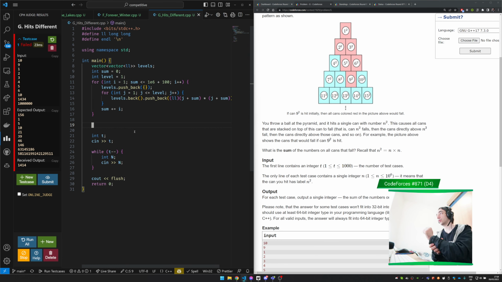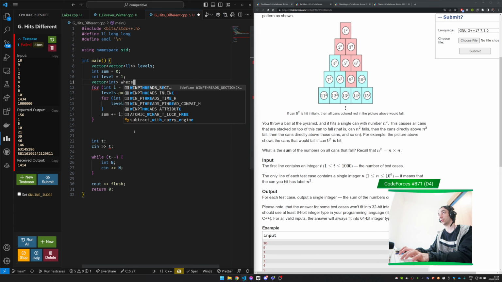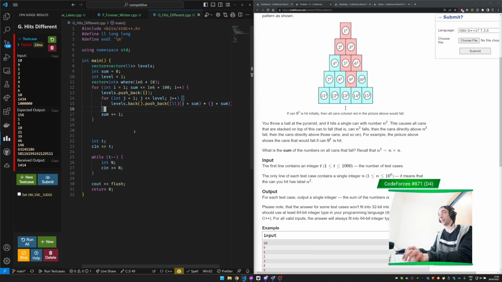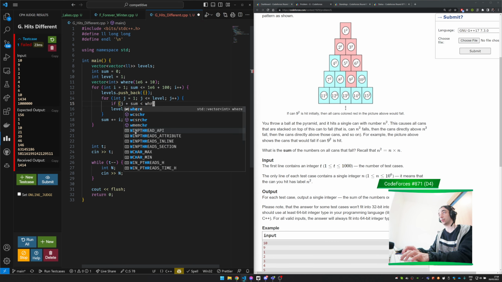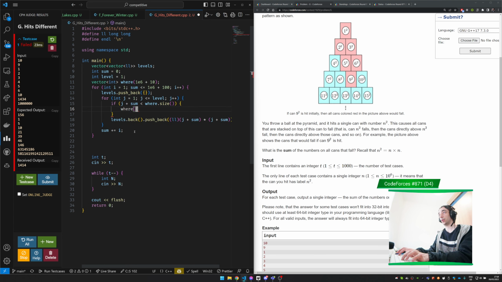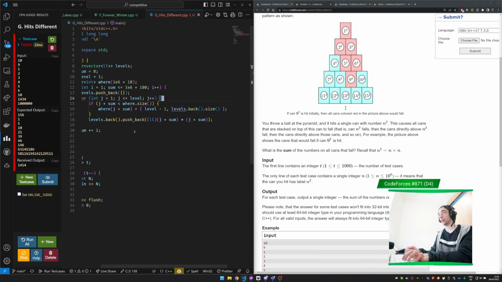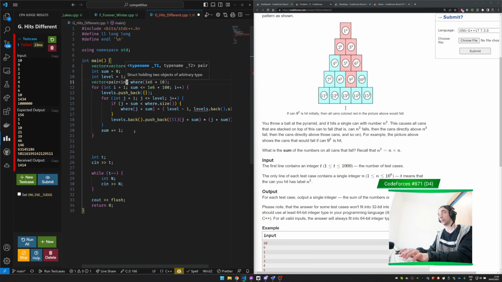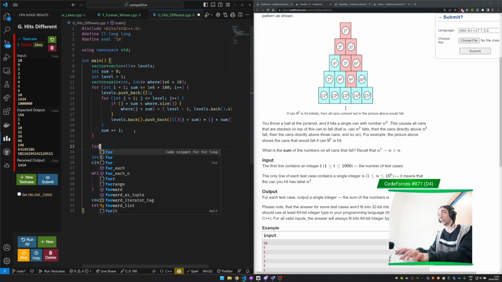Alright, so we just want to say in which level, so for every integer n, if j plus sum is where that size, where j plus sum is equal to level minus 1 level dot back dot size. Okay, then we just want to do